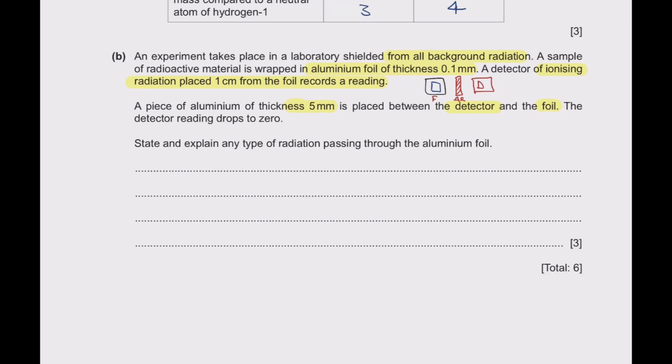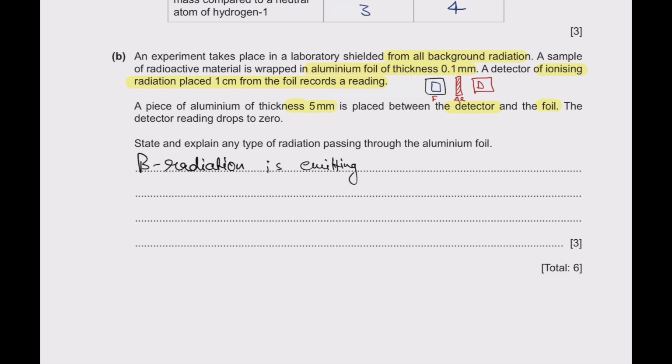So we know that alpha cannot pass through the aluminum foil of thickness 0.1 mm, so the detector will not take a reading, so alpha will not be there. If we talk about gamma, gamma will cross this also and will give the reading in the detector, but it is saying it is 0. So the radiation is nothing but the beta radiation. Beta radiation is emitting from the radioactive material